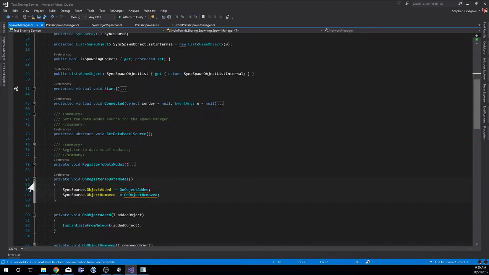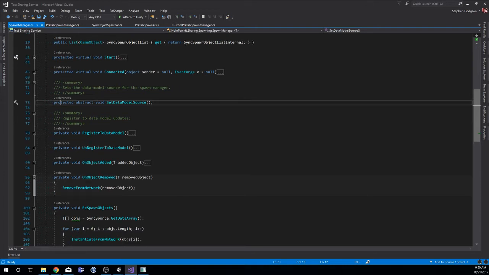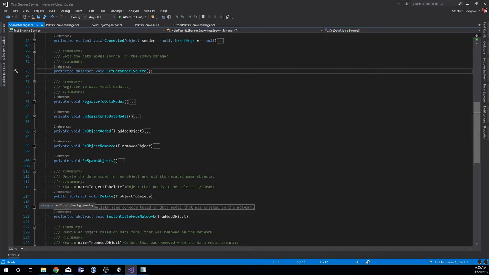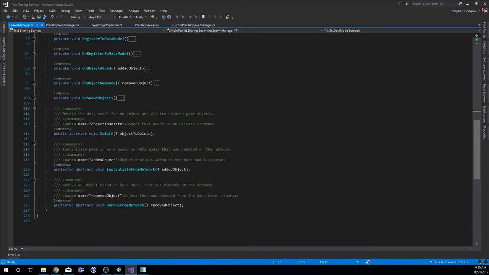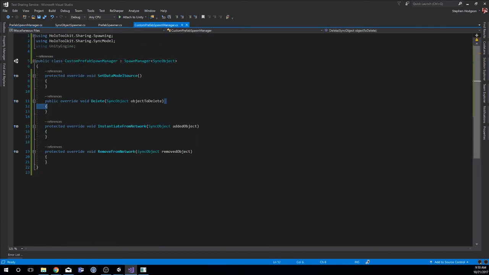So it looks like these are some abstract things that we need to fill out. Let's see. Yep, so these are all abstract things that we're just obligated to fill in ourselves in our class. So